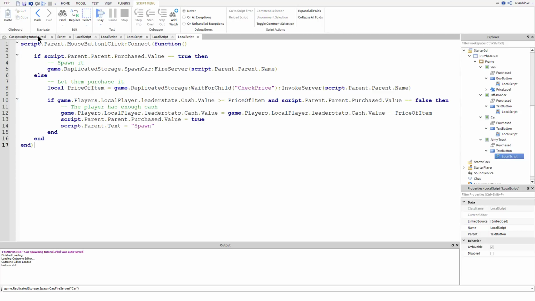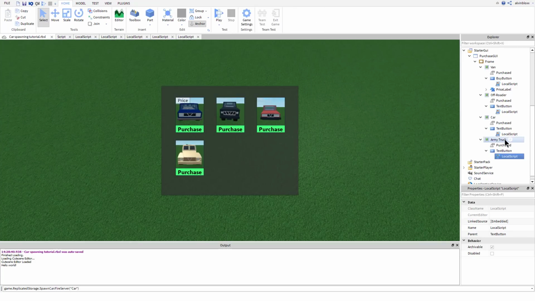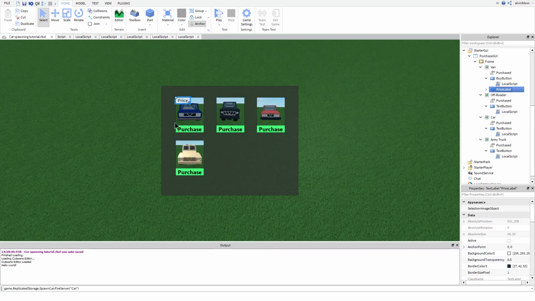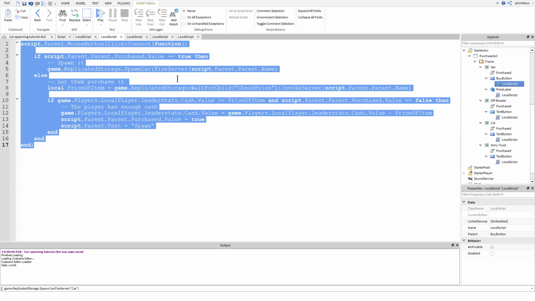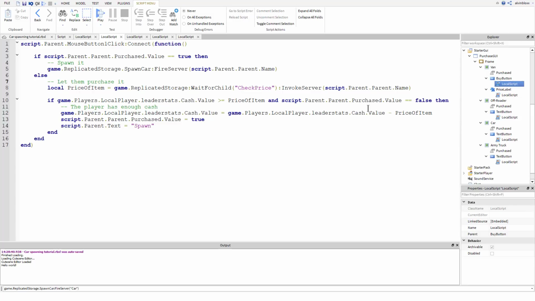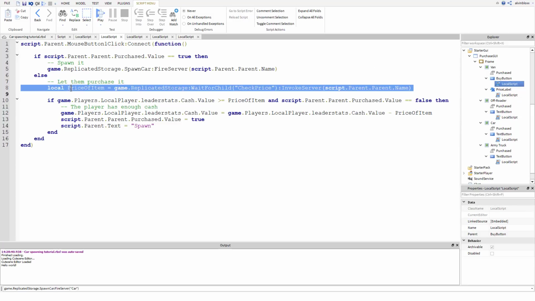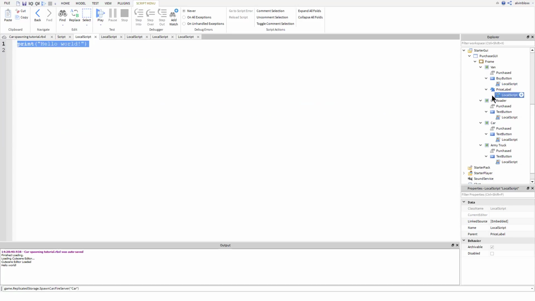Okay, so that is the purchasing side done, and let's just go ahead and show the prices of the cars like we were doing at the start of the tutorial. So this is very simple. All we need to do is go back to one of our buy button scripts, take the price of item code here, and go back to the price label script and paste that in.